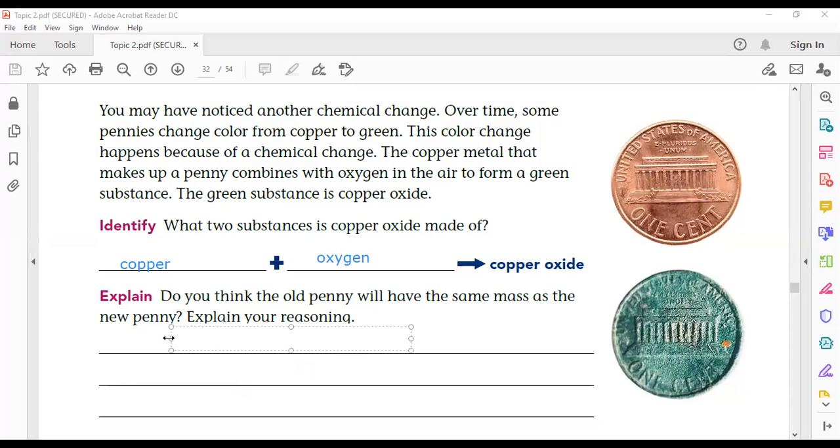This is a chemical change. You have to know the original. If we add the mass of the original penny plus the oxygen that it reacts with, as we mentioned, the original penny reacts with oxygen, and